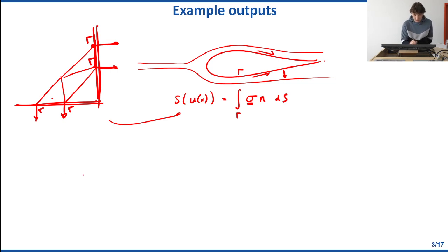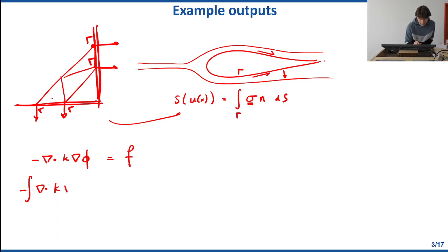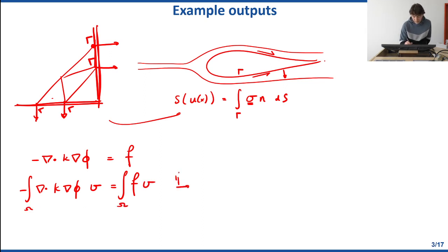So what is the weak formulation of a heat problem? Well, you start off with minus the divergence of kappa times the gradient of phi is equal to f. We multiply by a test function and integrate over the domain. Then we get minus the integral of the divergence of kappa gradient phi times v is equal to the integral of f times v. We do integration by parts on the first term, the left side. That gives us the integral over the complete domain of